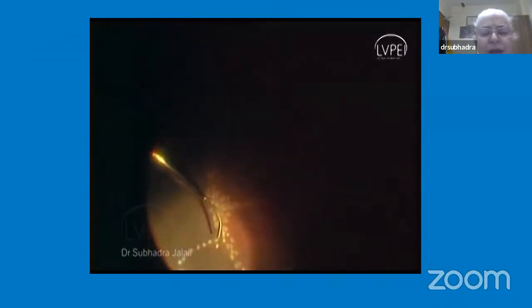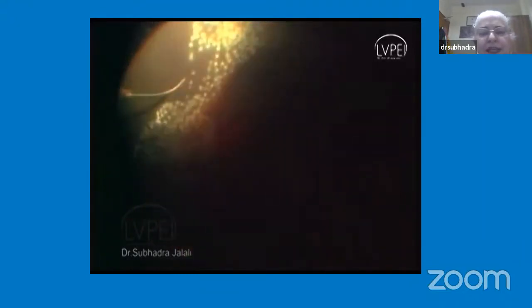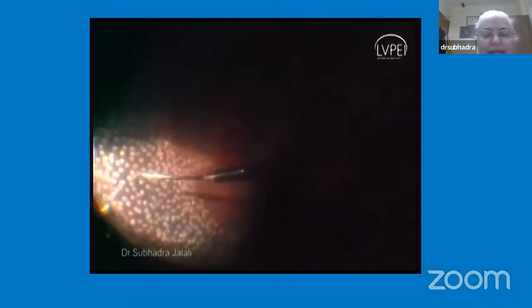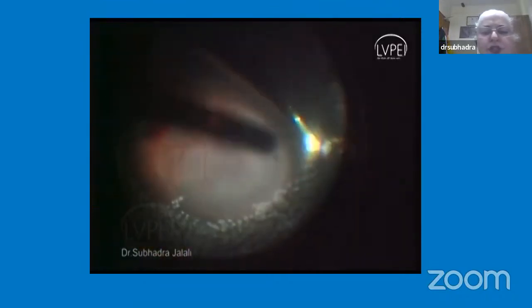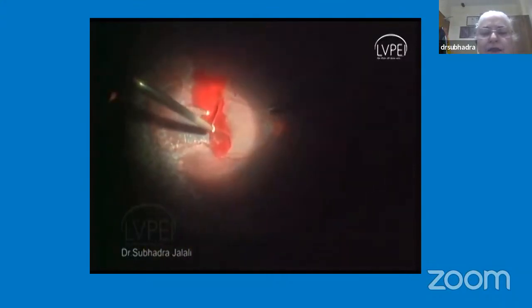So it's difficult to do bimanual in these cases. Ideally we could do bimanual, but that is difficult, so I just left it alone. And then I removed that membrane after 2 years. That membrane was still there and the child had grown, and it had become mature and I could remove it easily. But at that time, our main aim is to stop the new vessels, treat the peripheral retina,